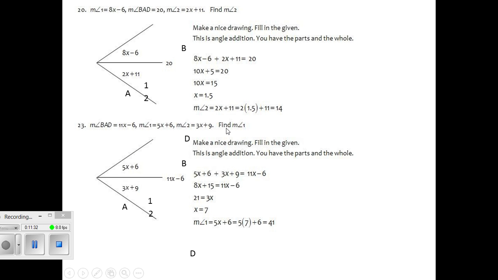We got to go back and see what it was we were after. We were trying to find the measure of angle 1. Angle 1 is 5x plus 6. With the value of 7 thrown in for x now, we get 5 times 7, 35, plus 6 is 41. Okay, so the angle 1 is 41. And that's all that we were asked to solve. So now that's the angle addition postulate. You should be able to